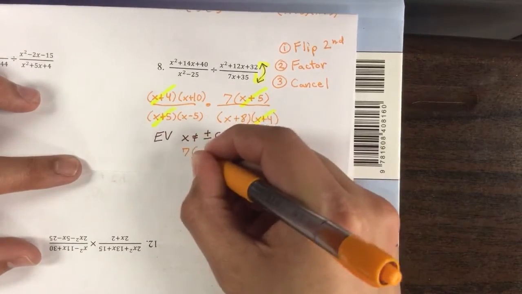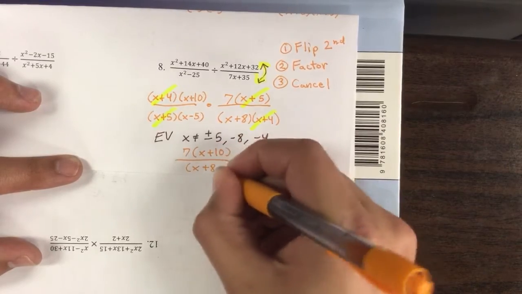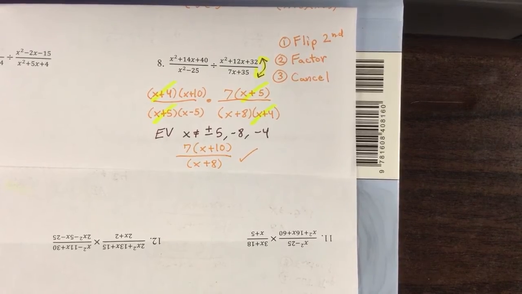So go ahead and rewrite what you have left, and that is your answer. So 7x plus 10 over x plus 8. That's your answer, guys and girls. Okay,